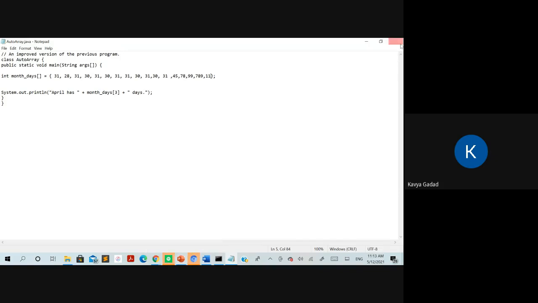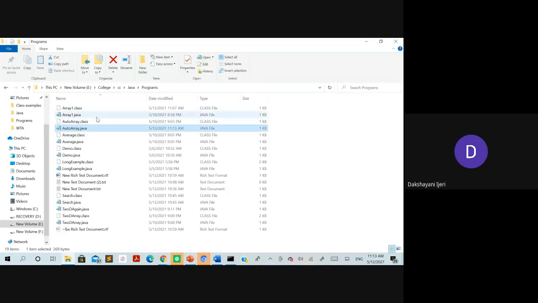Yes. So one more example is there, average. So can you write it now? At least you are familiar with how to create arrays and how to store values into arrays. And I have discussed the loop as well, right? So if you want to access every element of the array, you have to go through a loop. Do I have to show you how to use the loop to print all the values?